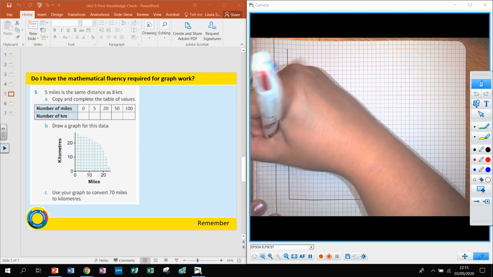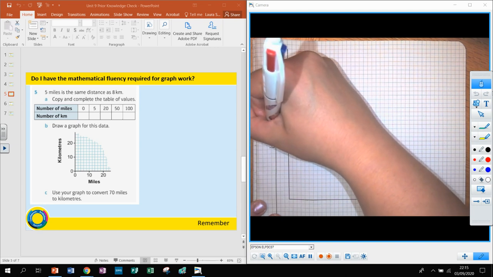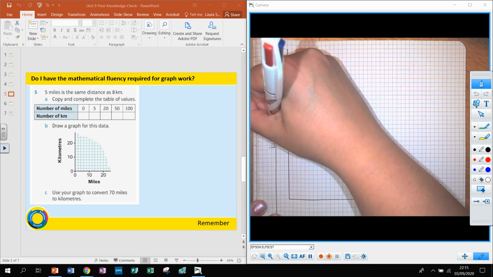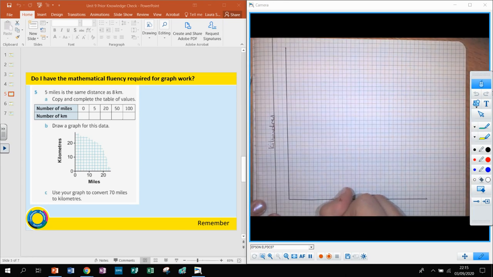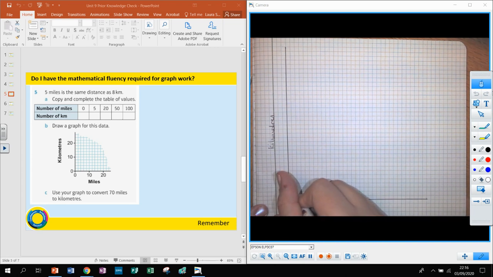Okay, so it should be fine. Let's put kilometers here, and miles here as they've instructed. 0, and I'm going to go every 2 because I want to make sure I definitely fit it. Okay, so I don't think I'll fit 5. So 10,